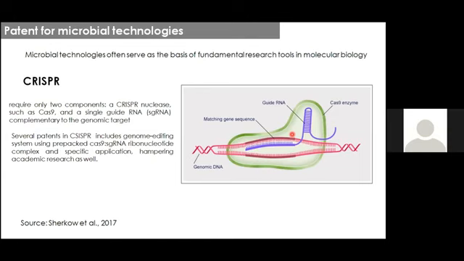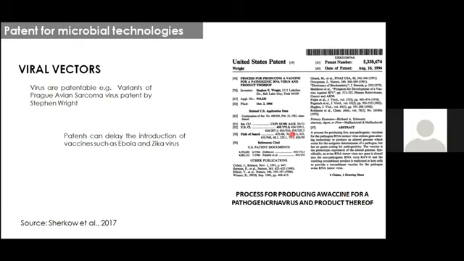the research of molecular biology. Similarly, another example is viral vectors. Since viruses can also be patented, as was the case with the avian sarcoma virus, patented by Stephen Wright for the production of a vaccine. However, because of this kind of patent, there can be a delay in the introduction of vaccines, as was indicated by Serco et al. 2017: since the viruses are patented, it is difficult to carry out the research